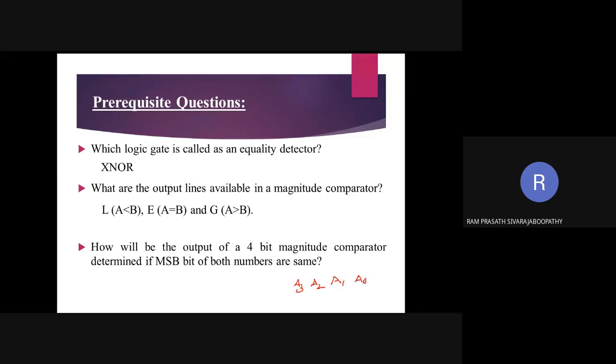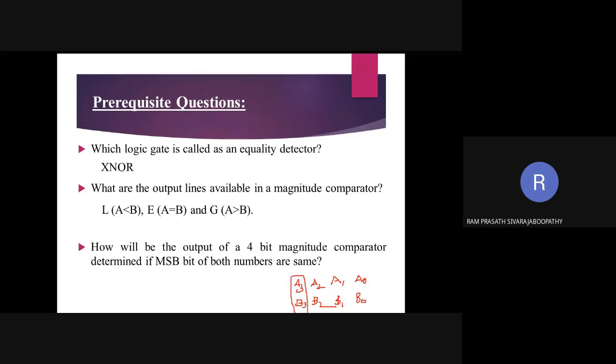Similarly, we have the numbers B3, B2, B1, then B0. What we are asking is, if both this MSB bit A3 and B3 are same or equal, next